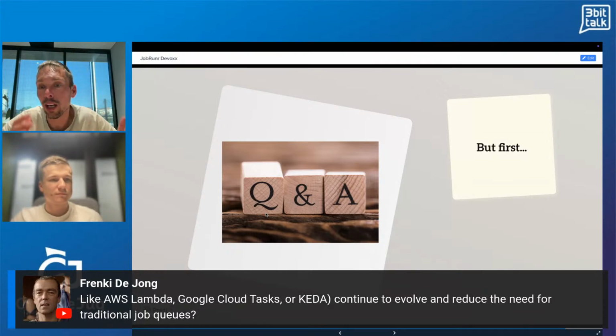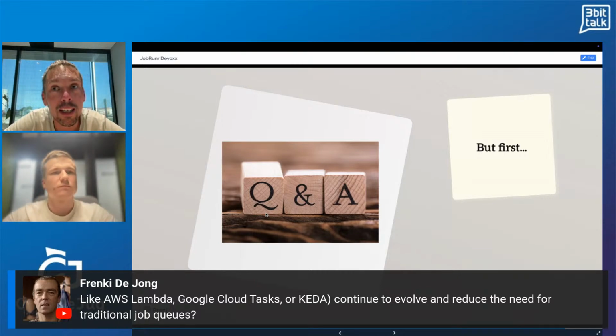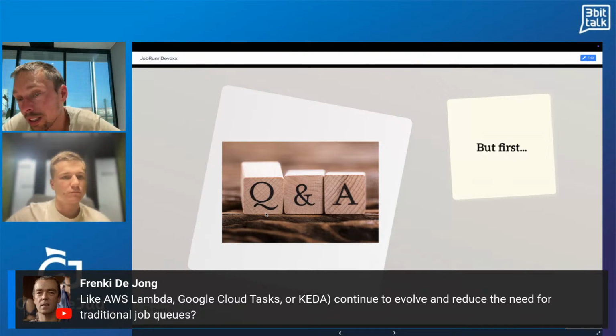So yeah, I think the cloud is nice, and we're fully supporting it because you can just have different JobRunner instances or different instances of your application containing JobRunner, and then you spin up extra pods, and they will automatically start processing work. But yeah, I don't know how to answer. It's a good question, but I still think there is a need for this.